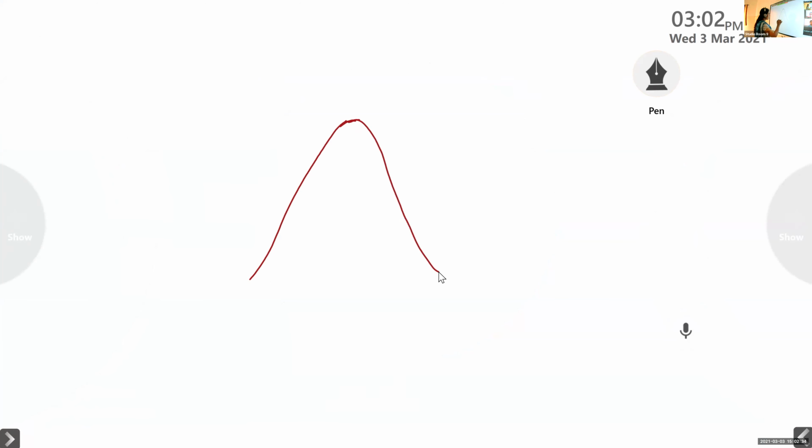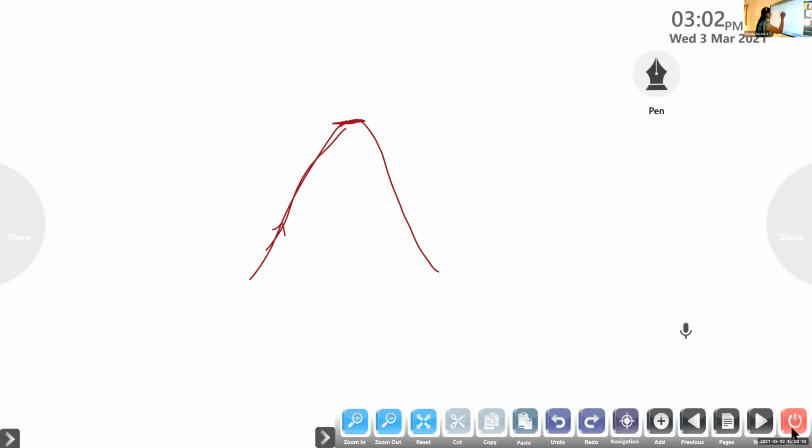This is going on increasing. After that, what happens? It reaches a peak value. Once it reaches a peak value, it gets decreased. The direction is changed. Now it is going on decreasing. So this is the point where the function f of x attains its maximum. Okay, is it clear? If it is going on increasing, then it reaches the maximum value and thereafter it decreases.